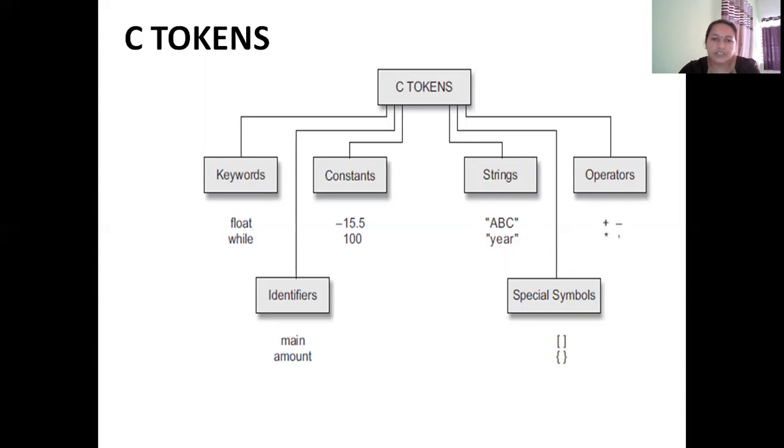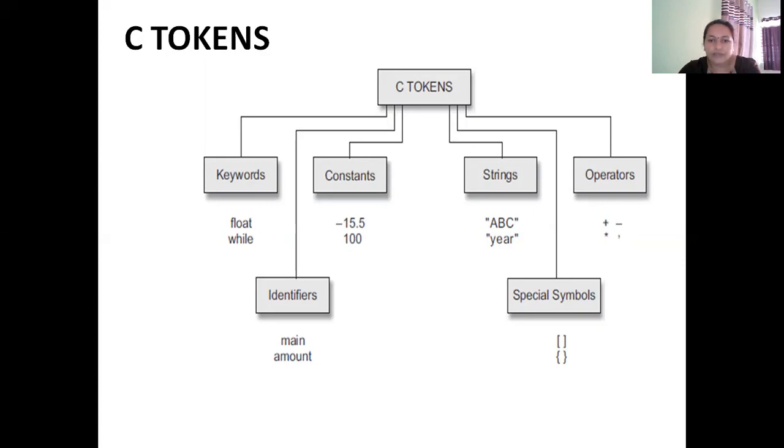The third type of C tokens are constants, which are nothing but the numbers, either integer numbers or real numbers. So integer numbers do not contain a decimal point and fractional part, whereas real numbers consist of decimal point followed by the fractional parts. These are the 2 kinds of numbers which we generally use in computations. Numbers, when used directly, are called as constants.